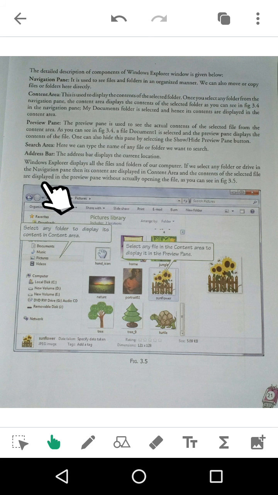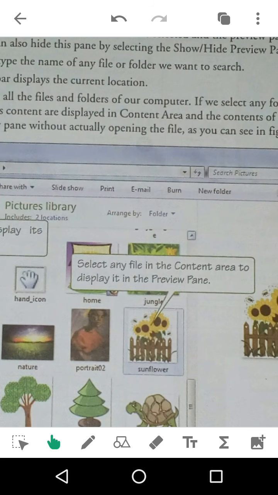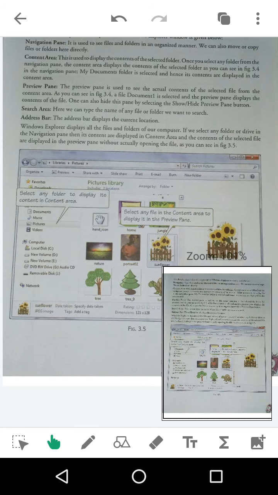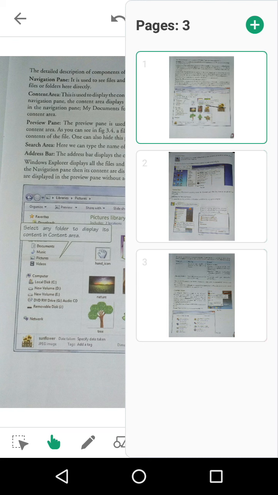Note that Windows Explorer displays all the files and folders; you click on this, its content will get displayed here. And if you want to distinctly identify what is in a particular file, you will get to know it in the preview pane, and you can show or hide the preview pane. This is the option. If you click on this, you can set whether you want to show or hide your preview pane.